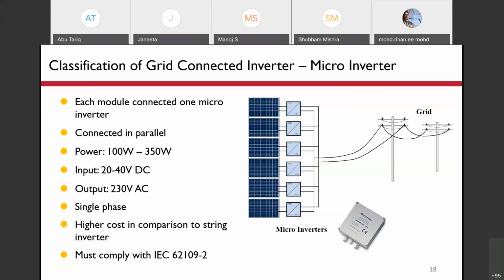So it is, but later on, after a few years, it may be possible that the cost of the inverter goes down and the saving that we achieve will become higher and then it will become commercially viable. So it may be a future sort of thing, but this concept is there and it is being researched on. So this is the main thing, that all the modules will be operating at their maximum power point.